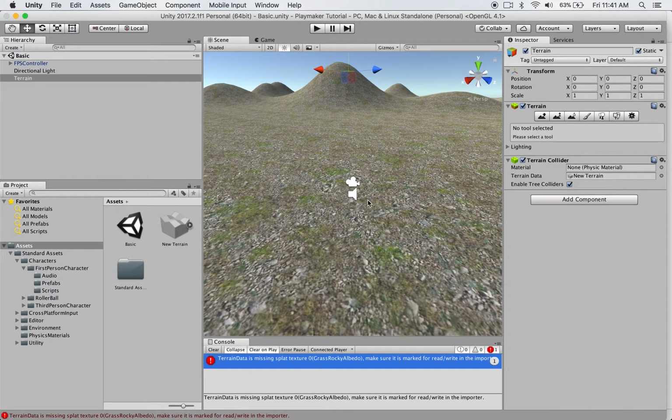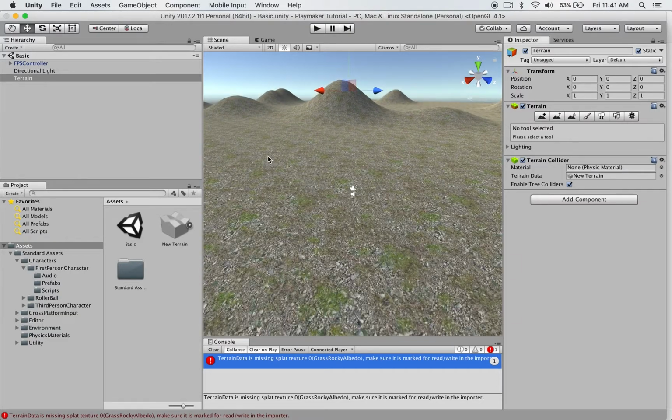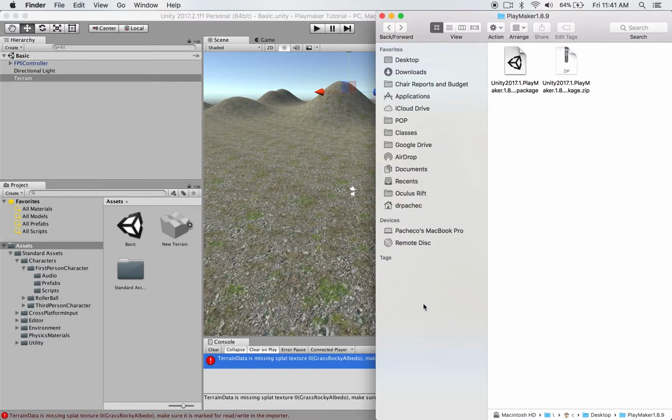I think that monitor is fixed now, but I'm going to show you what I had shown you before so that you can then begin working with Playmaker. You want to start off with a scene where you have a terrain, a controller, and you can then move through it, which I have right here. Once you've done that, save that and back it up, because